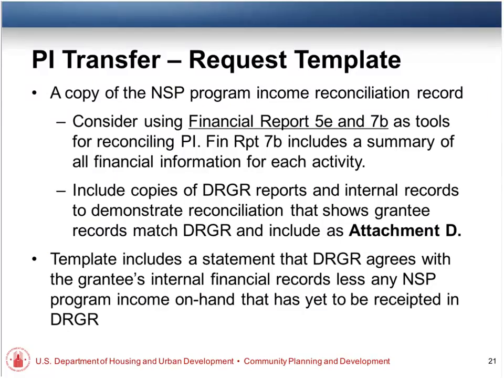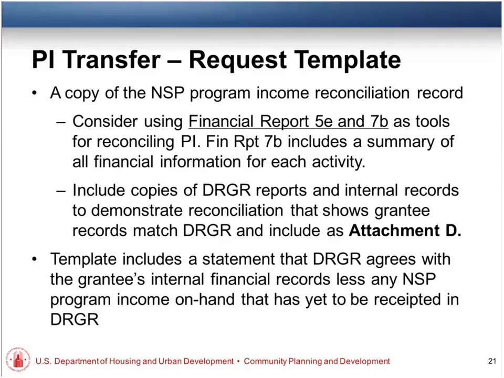Okay, so here we're going to be looking at our program income reconciliation records. We're going back to that. And we are going to confirm in the template that you have reconciled your internal accounting records with any program income on hand that is not recorded in DRGR.